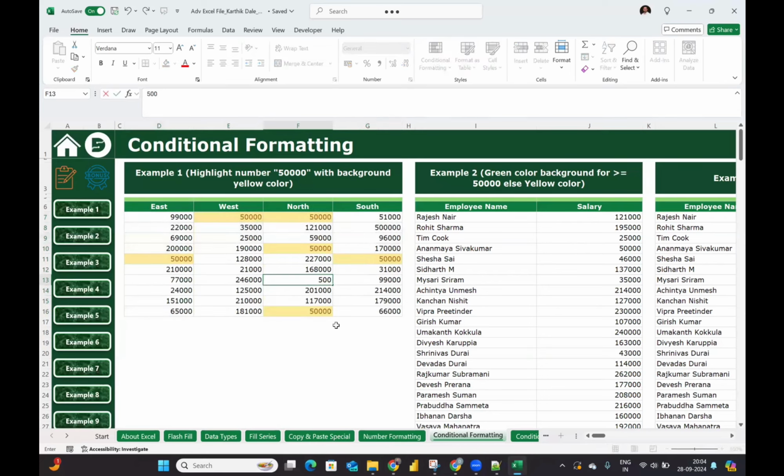This is also 50,000. If I enter this number now, is it going to highlight or not? Highlight करना है नहीं करना है बोलो? करेगा, सर करेगा, जरूर करेगा। क्यों बोले तो ये पूरा सेल्स को अपन कंडीशन लगाए, मगर यहाँ कहाँ की आके 50,000 लिखे तो यहाँ नहीं होना है, नहीं हो रहा है। क्यों बोले तो कंडीशन अपन यहाँ से यहाँ तक ही लगाए ना, इसको नहीं लगाए ना ये रेंज को, सो इसीलिए। गॉट इट? यस सर